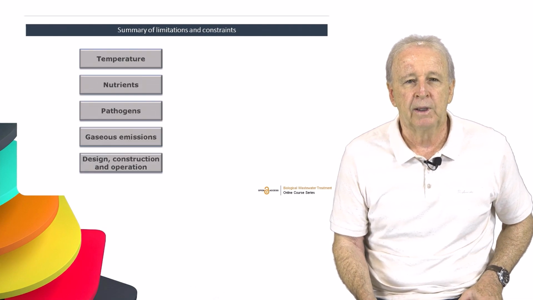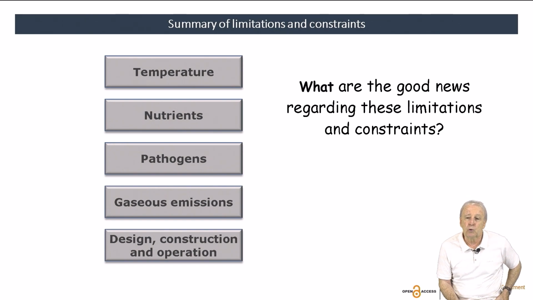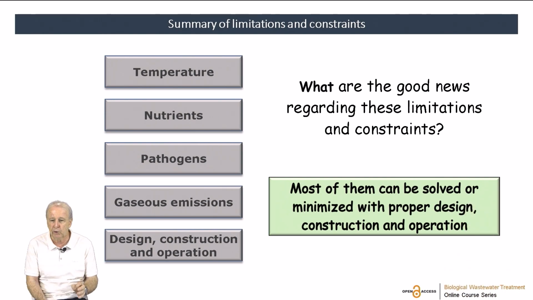And here, my final slide with a summary of the limitations and constraints. So temperature, nutrients, pathogens in the previous lecture. And in this lecture, we talked about gaseous emissions and design, construction, and operation constraints, but also developments. What is the good news regarding these limitations and constraints? The good news is that most of them can be solved or minimized with proper design, construction, and operation